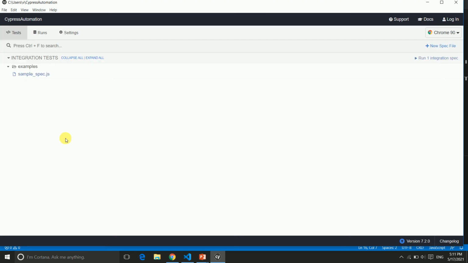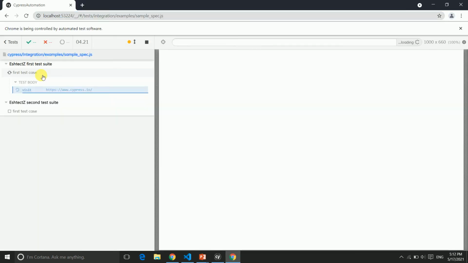Okay, so to get the path from Cypress Finder or locator, we need to run this file. Once we click on it, we know that it will start executing on the Chrome browser. So just click on this, and it will open the Chrome browser and start running. So here it starts executing.